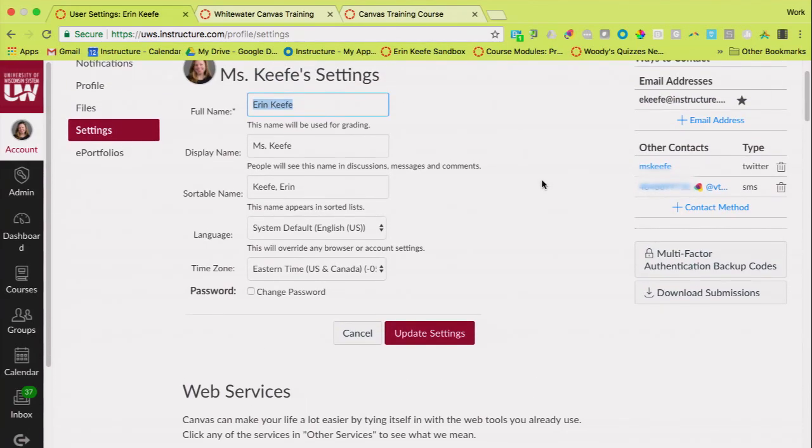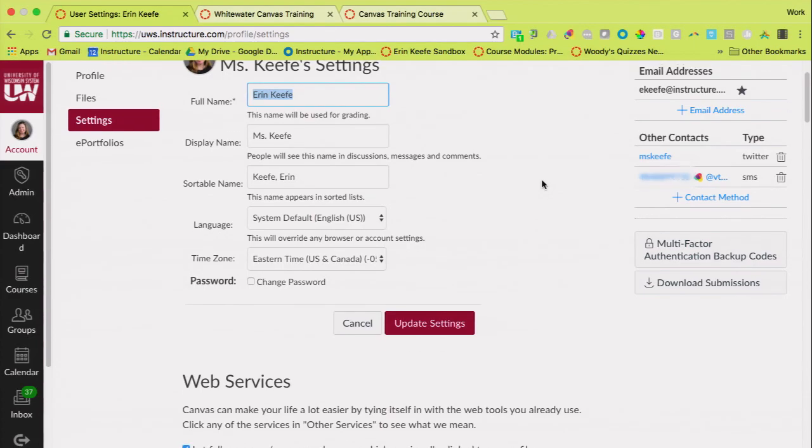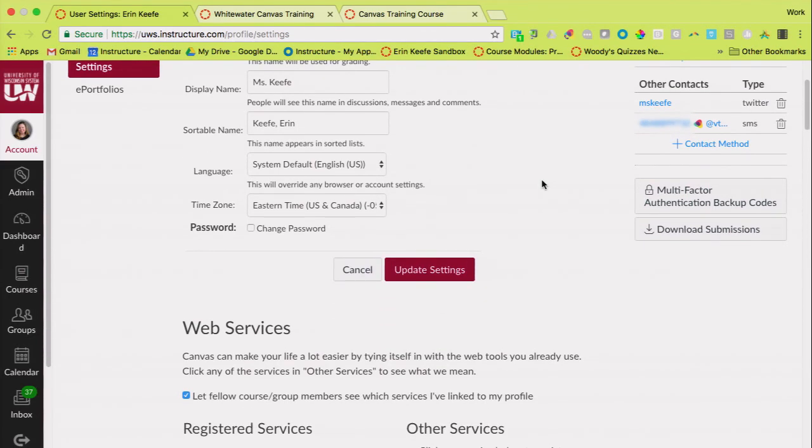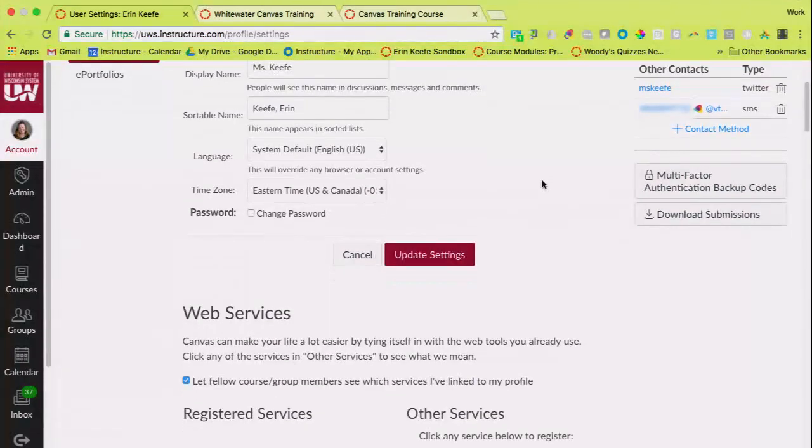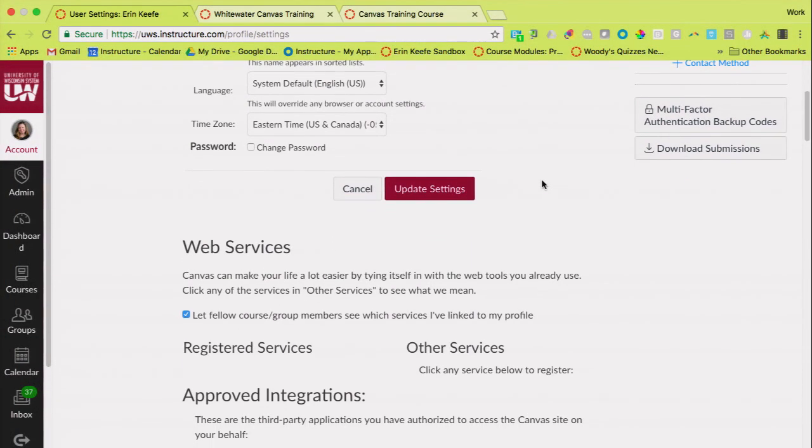Now, you're not going to be able to change your name or your display name in there. Don't panic that I can and you can't. I just have special Canvas superpowers. But the reason why you can't actually makes a whole lot of sense. The setting in Canvas is users can change their display name, which means anyone could, not just faculty or admins. A lot of times, if someone's having a bad day, they want to change their display name to something inappropriate. So your institution has just decided that your display name is going to be your regular name. We're not going to mess with that.